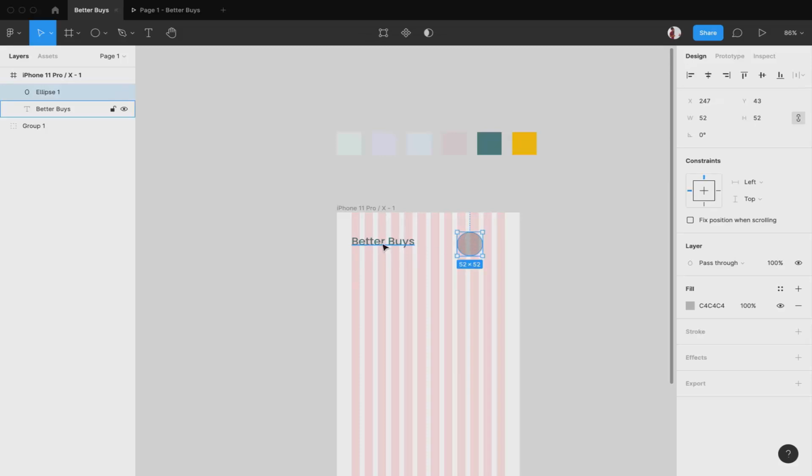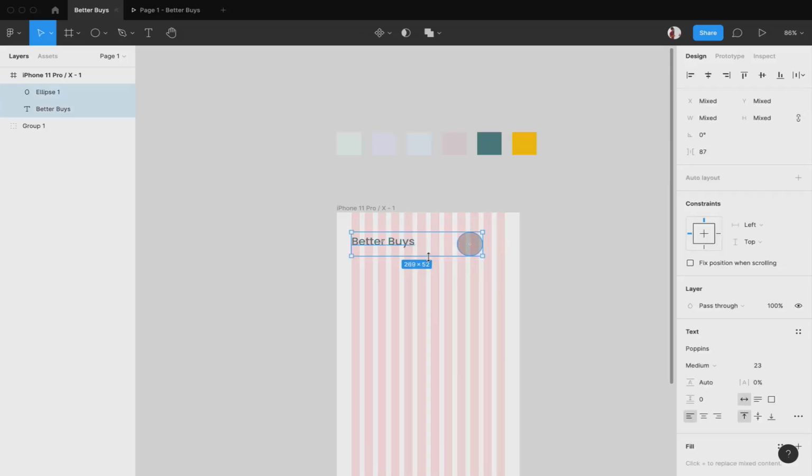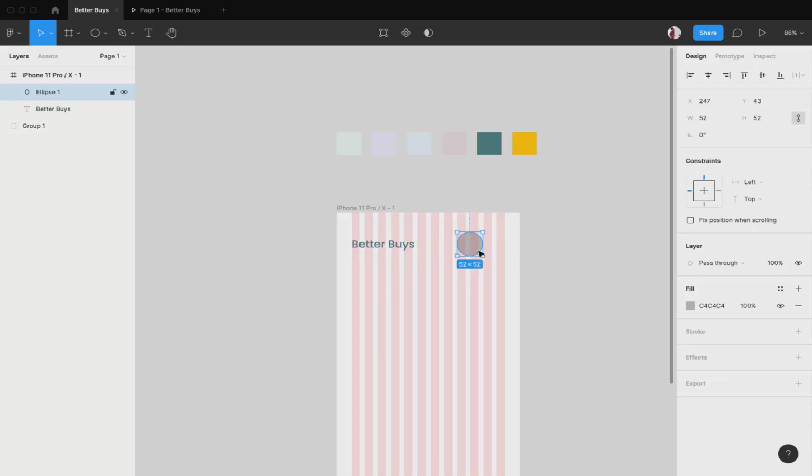I am planning on aligning it with this. So to align both things horizontally, I'll use the horizontal align section. Okay, so it has aligned everything horizontally. If it was one below another, then I would have used this. So these signs make it very clear. If I click on this, then they all will be aligned with the top as uniform. If I click on this, then they will be aligned as bottom uniform, and if I do this, then center as uniform. Okay, so now since that is done,